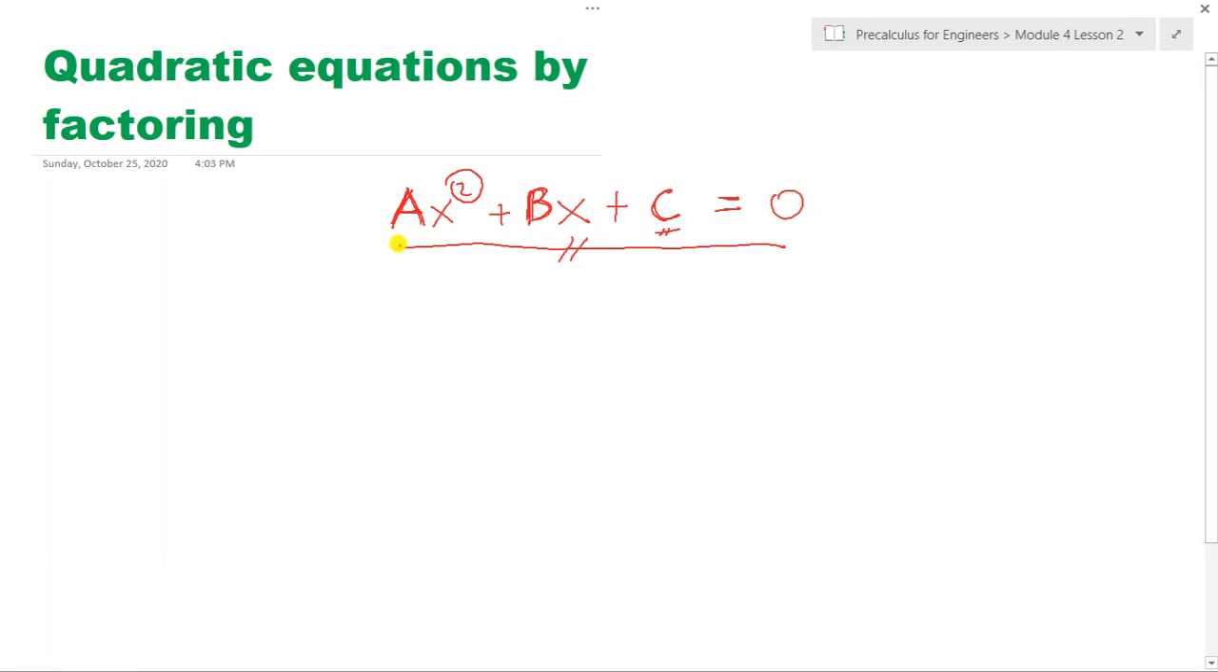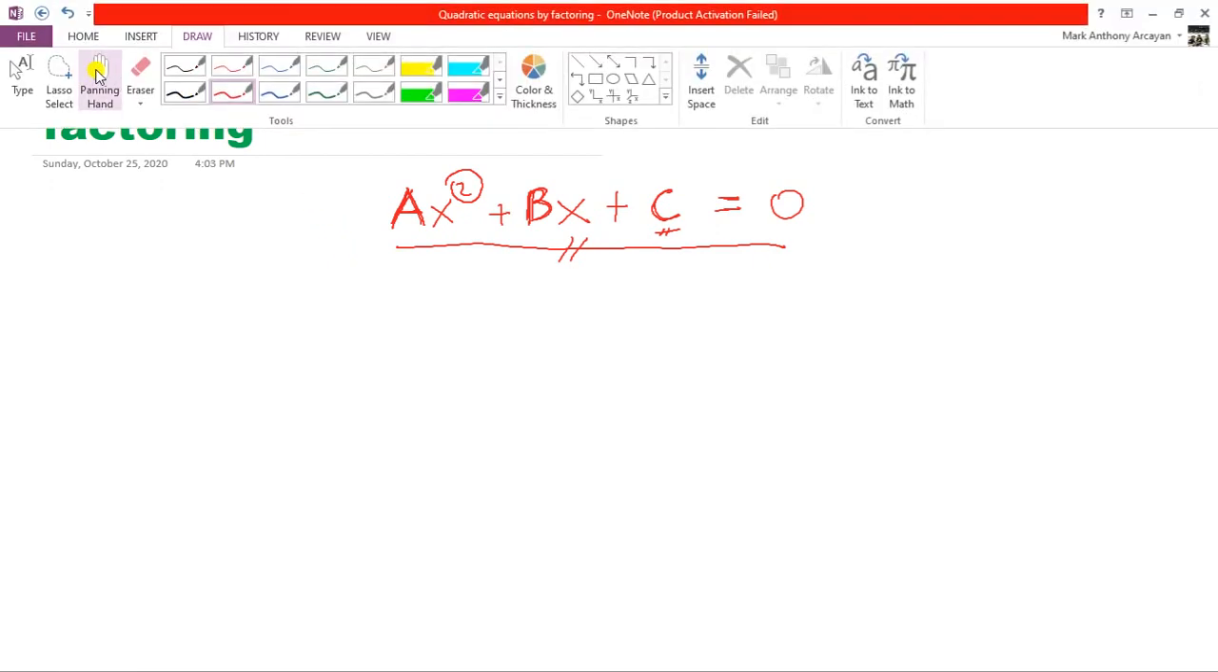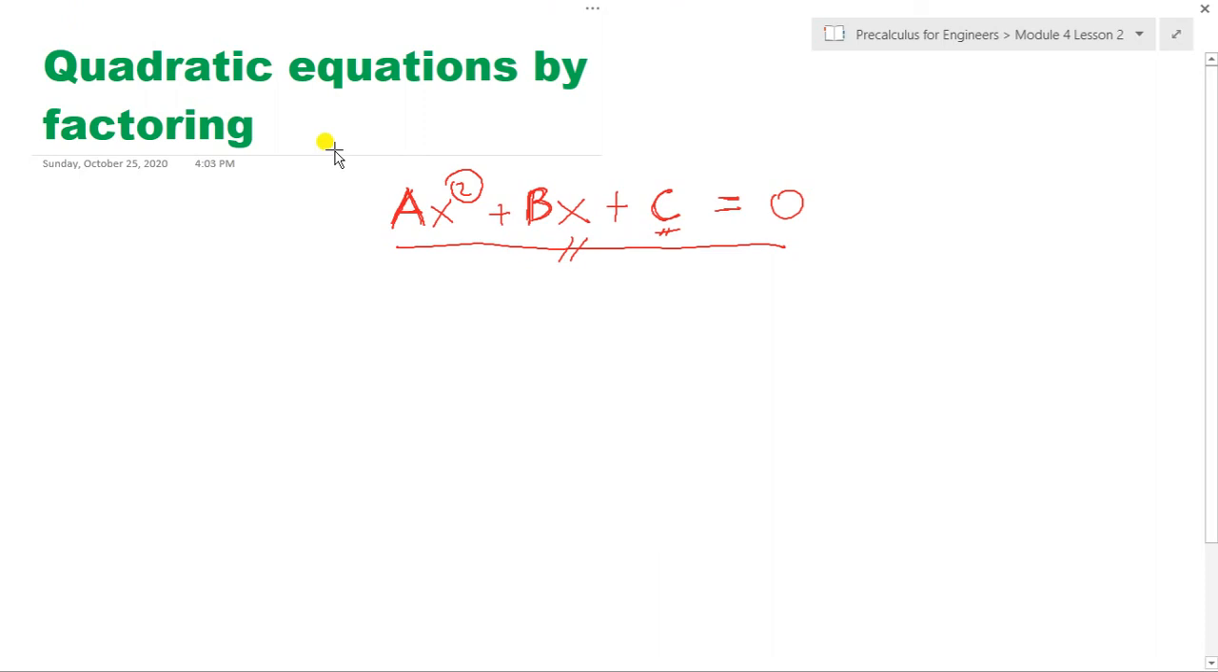we can factor them easily by using those steps that we have discussed from the previous module. So we have factoring a perfect square trinomial, factoring the difference of two squares, etc. So let's have our first example on how to solve